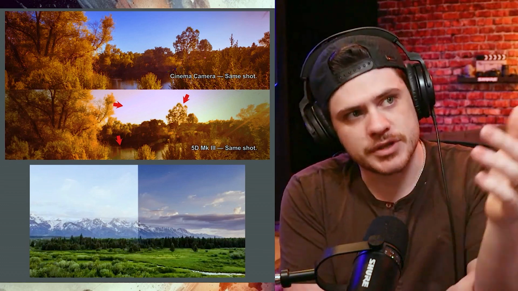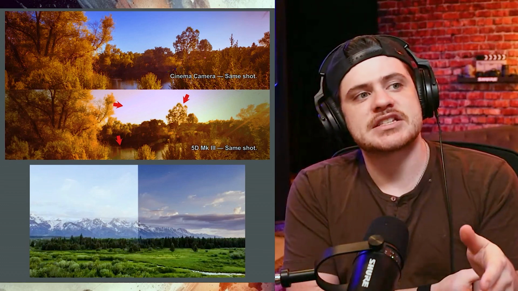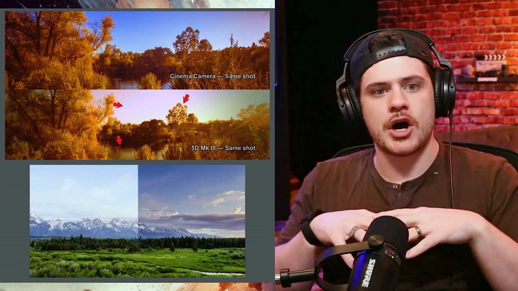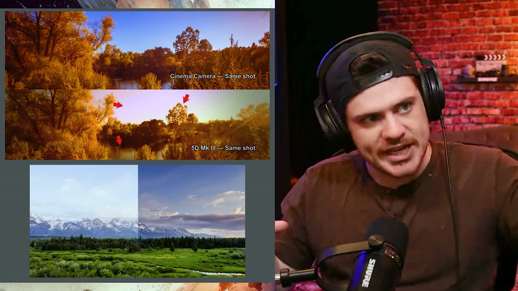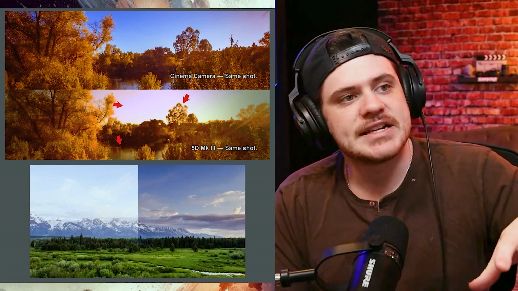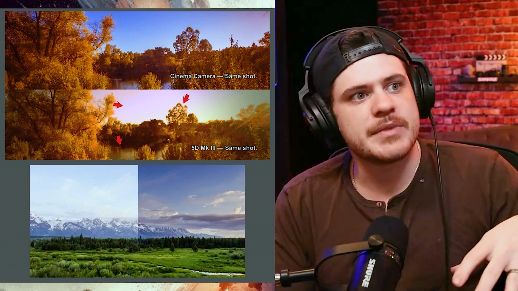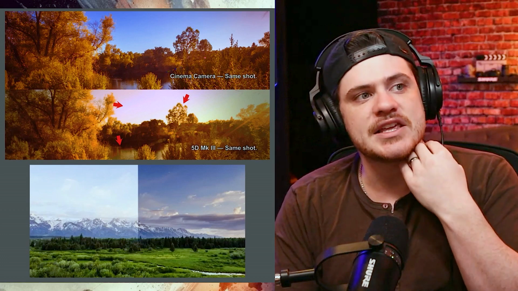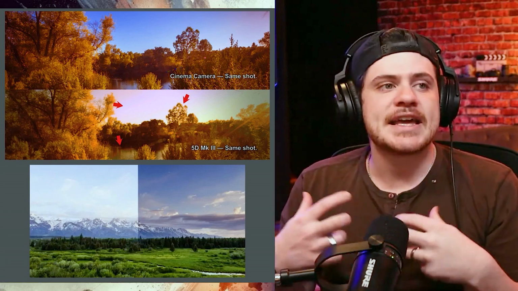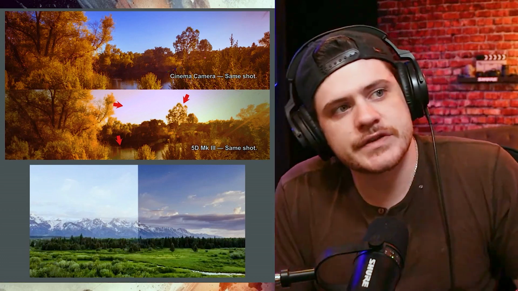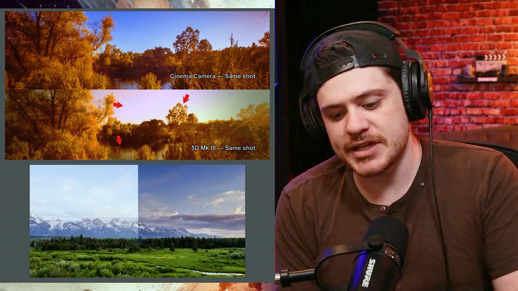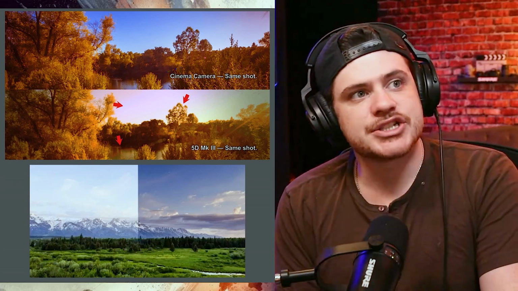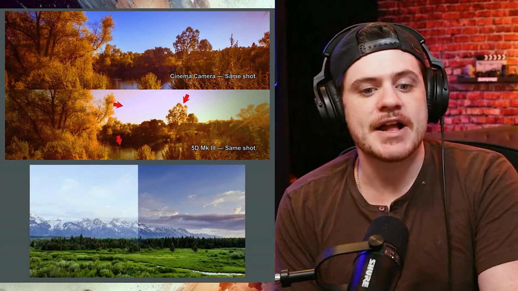Again, on the image below that one, the camera exposed for both examples on the ground, like the earth, the green grass. So there's not a whole lot of differentiating between the amount of exposure on the grass. But if you look up into the mountains and in the sky, you see there's a much different look in both of those examples. And so these are very clear pictures of what very high dynamic range or low dynamic range will offer you. And very simply, those old cinematic cameras just had less dynamic range than you have in